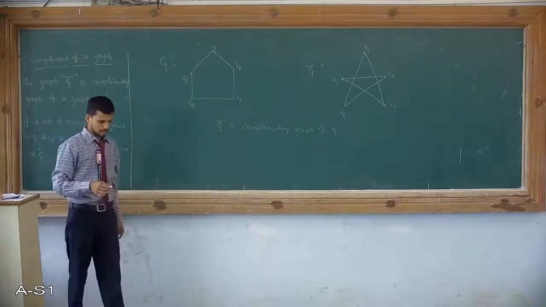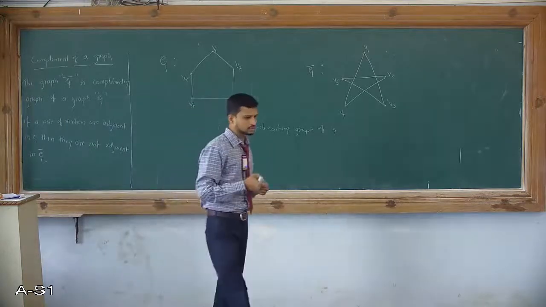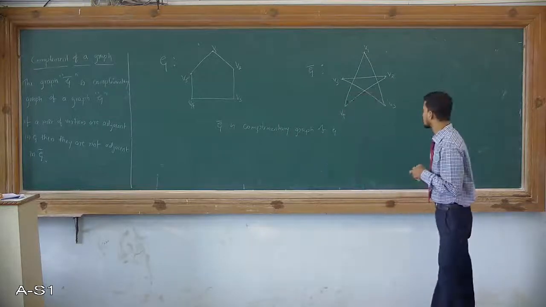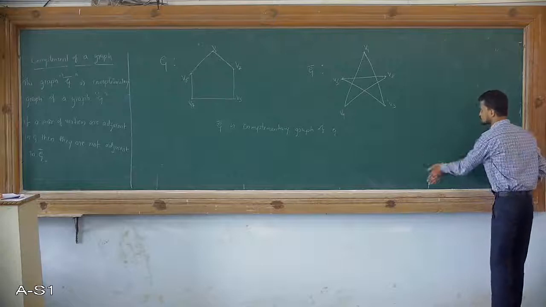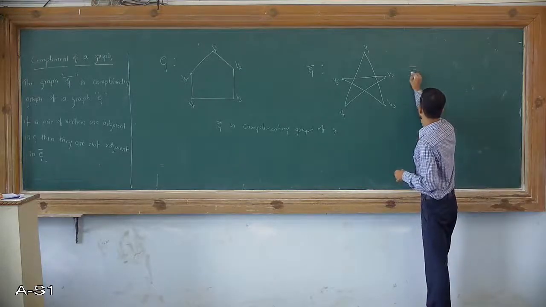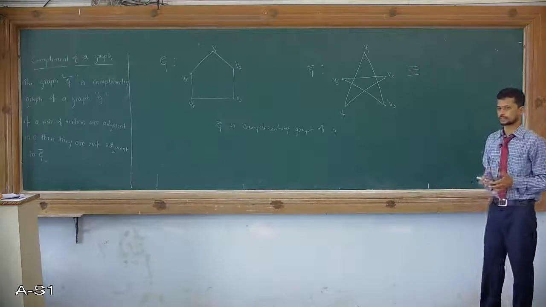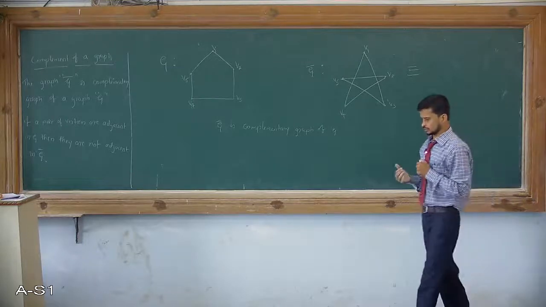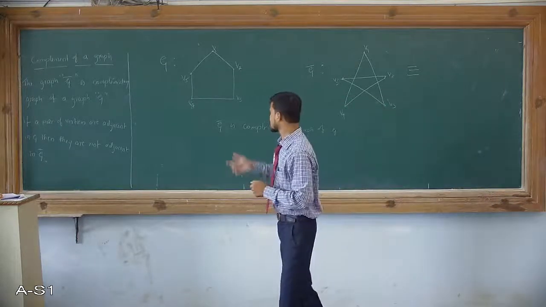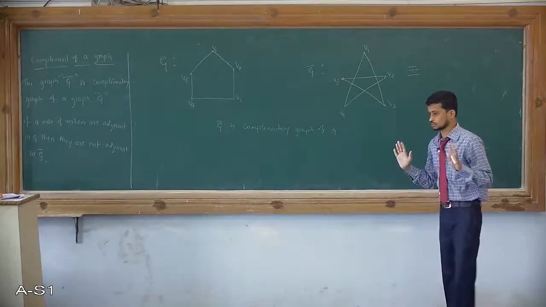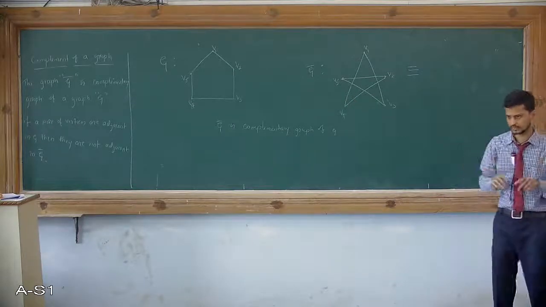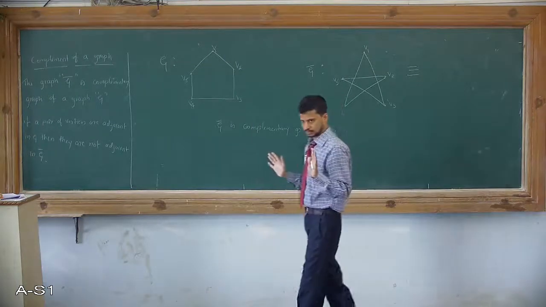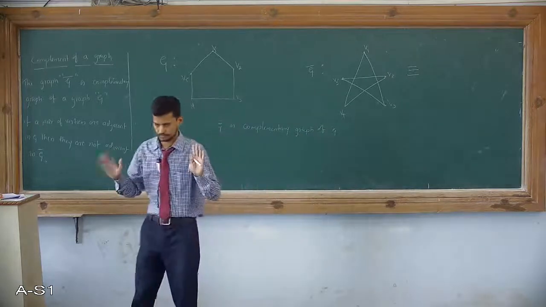Now I will show one important concept for this example exclusively, because it is a very important and very interesting graph. What I will do, I will redraw this graph in a similar manner. Before going to the next step, I will ask myself whether the graphs G and G bar are the same or not, just for the sake of visualization. The answer to the question is: G and G bar are not at all similar, just for the visualization of the two graphs.